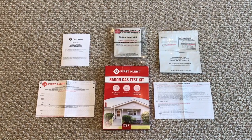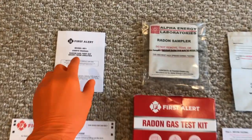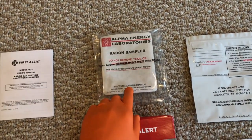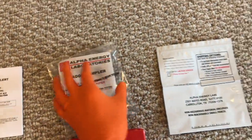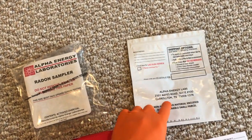All right, YouTubers, I pulled everything out of the box and I put it in an organized manner, and I will run you through each item. This is your user's manual. Become familiar with that. This is your radon sampler. All it is is activated charcoal. It is sealed right now. This is the package that you put the sample in after testing, and you ship it away to the facility